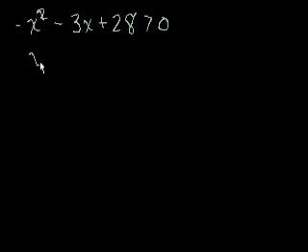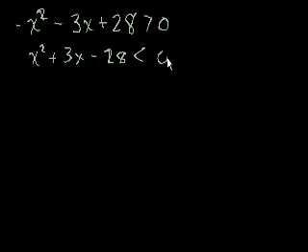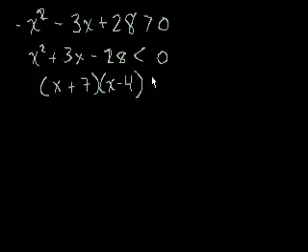both sides. So I get x squared plus 3x minus 28. And when you multiply or divide by a negative with any inequality, you have to swap the sign. So this is now going to be less than 0. All right? And if we were to factor this, we get x plus 7 times x minus 4 is less